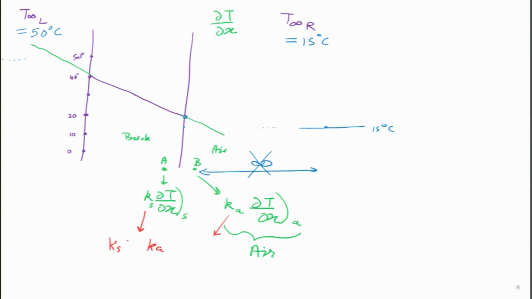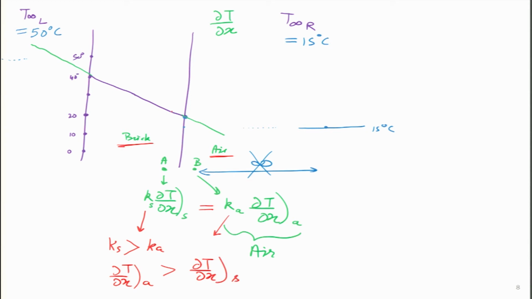So, I think everyone will answer very easily that brick has very large thermal conductivity compared to air, if not very large, a little bit larger, or let us say it is a high conducting metal. So, in that case we can say if the Ks is greater than Ka, then both of these have to be equal, which means the del T del x of A has to be much larger than del T del x of the solid. And a larger slope means what?